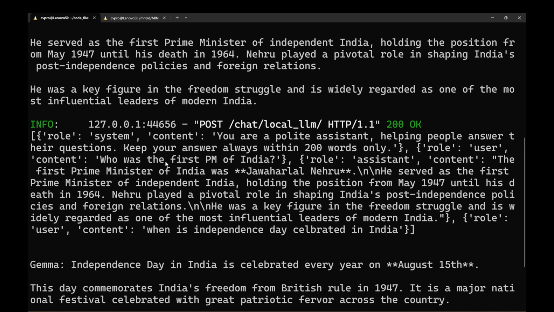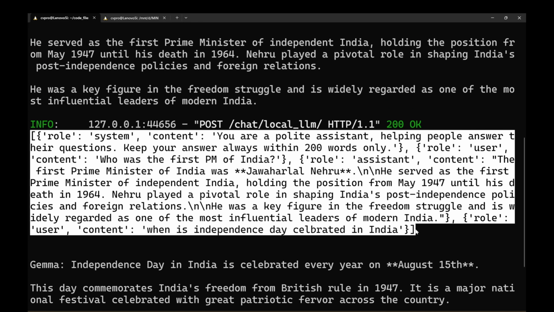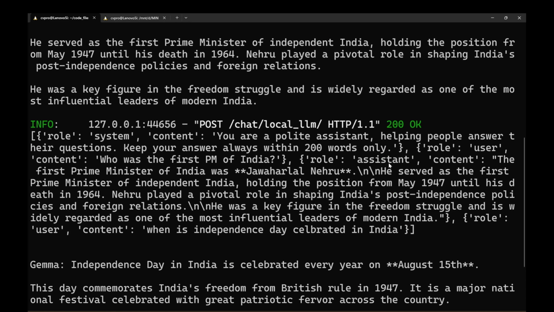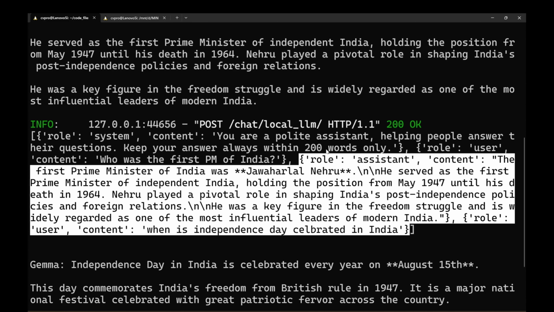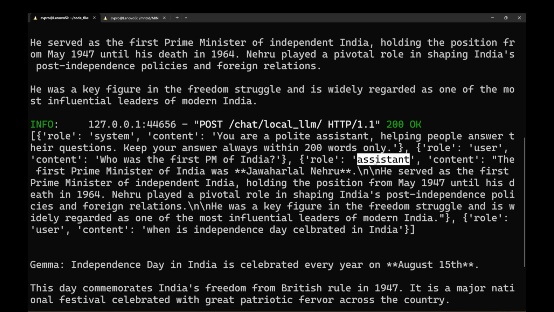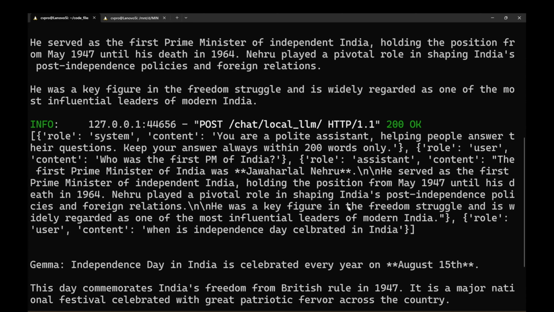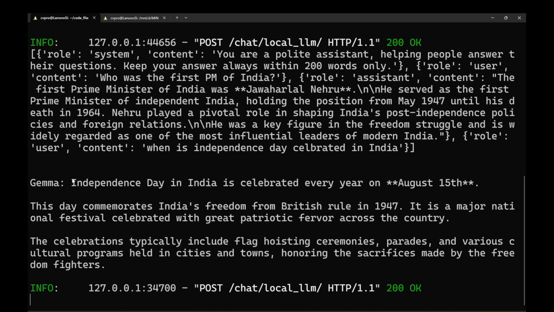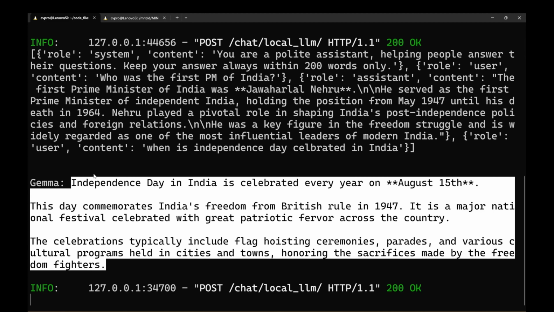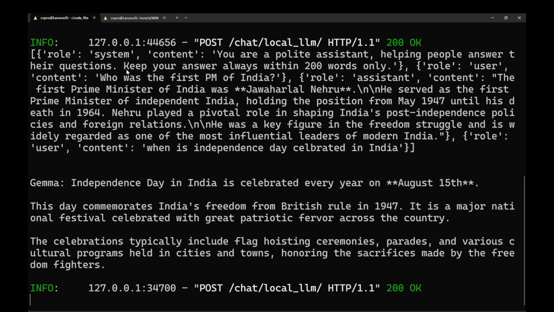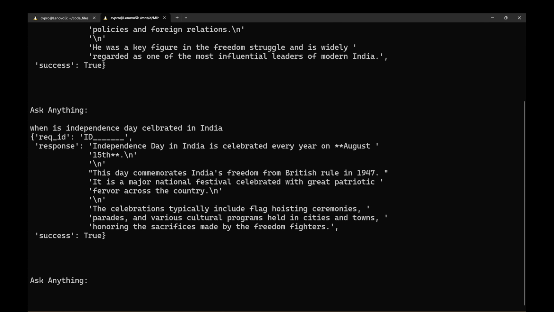So now you can see the history has been updated. Here if you see, it has added one more item in the list. This is the older response: role, assistant, content. This is the answer which the LLM previously had generated, and this is the new answer which it gave. Now when the user asks another question, this will get appended over here. So now if I ask one more question,